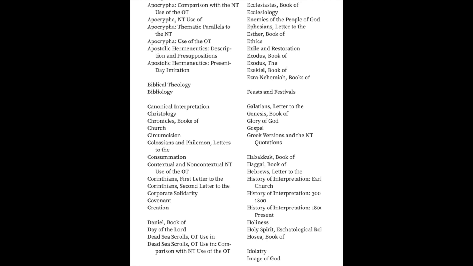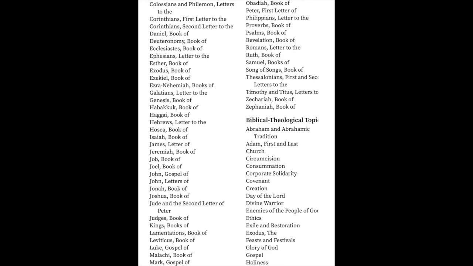Now, maybe you can say something about the types of articles here. You have articles on New Testament books, Old Testament books, and topics. Could you give a sample of what's in it? Yeah, this volume has a couple of different dimensions. One is a more technical piece, and that would be articles on the Septuagint, the Greek translation of the Old Testament, and how these Greek translators are actually doing biblical theology. We can study that and learn from that.